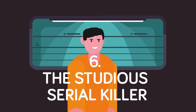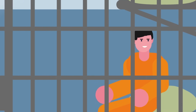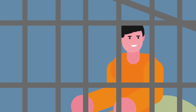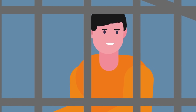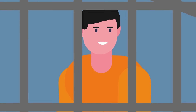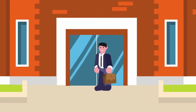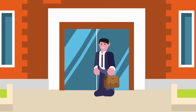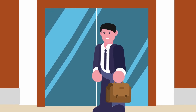Number 6. The Studious Serial Killer. There's no doubt you've all heard of Ted Bundy, perhaps one of the most demented and violent serial killers in American history. What you might not know is that he escaped from cells twice during his incarceration in the 1970s. The first time was perhaps the most ingenious, with Bundy telling authorities he needed to study law as he was representing himself. He'd already studied law as a free man, but during a court trial he said he needed to